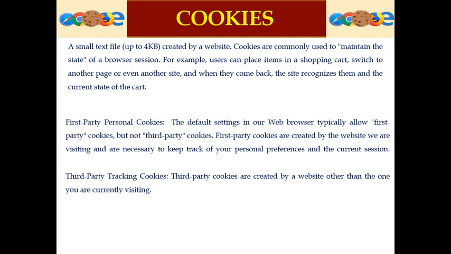Third party tracking cookies are created by the different advertisement windows along with the original website. So the third party tracking cookies option must be disabled, whereas the first party personal cookies option must be enabled in the browser settings.